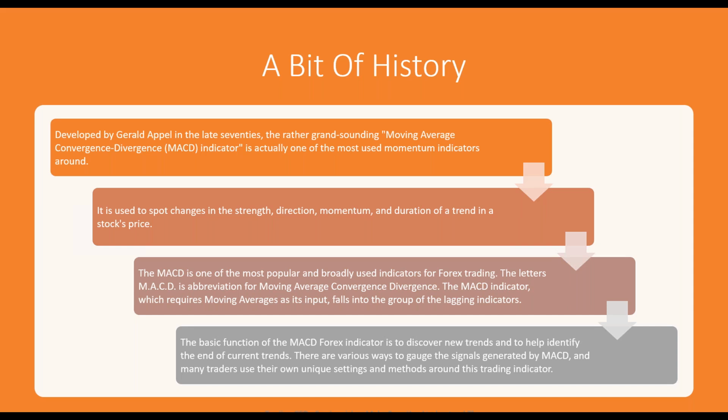Now, MACD was developed in the late 70s by Gerald Appel. And it's got a really big name. And I think that's why I first started paying attention to it, because I like the name: Moving Average Convergence Divergence Indicator. And it is today one of the most used indicators in the marketplace. But if you think back to the late 70s,